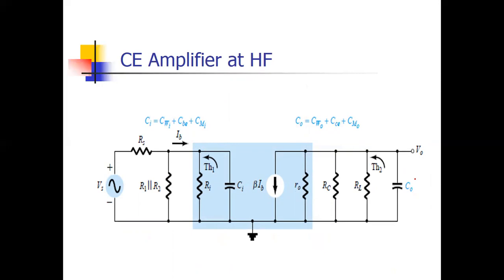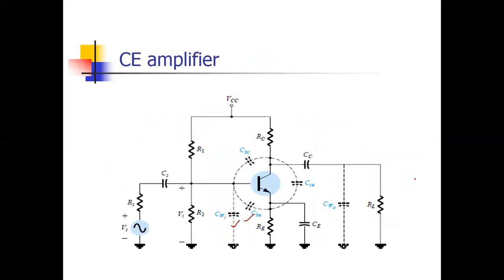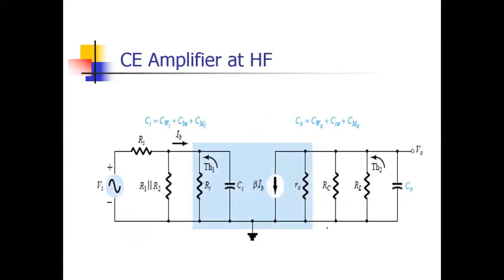Otherwise, everything is related. First, try to solve the circuit at the mid frequency level. Suppose we do the low frequency response analysis, then this capacitance will be short circuit and then this capacitance you have to add in your circuit. So always remember, at mid frequency analysis, we don't have to connect any capacitance; all capacitances are short circuit. But when we are doing high frequency analysis, this wire and internal capacitance will be connected in the circuit. And when we are talking about low frequency analysis, then this coupling and bypass capacitance will be connected in the circuit. You can't ignore their effect. So now this circuit is like this.